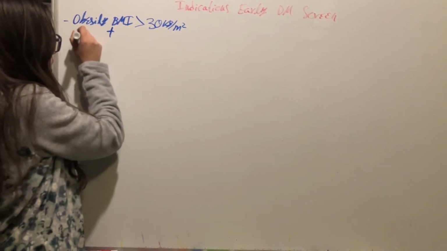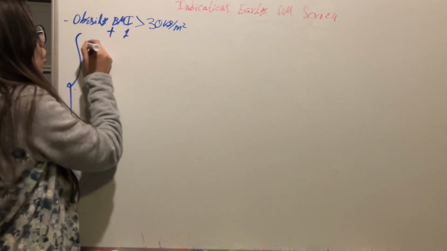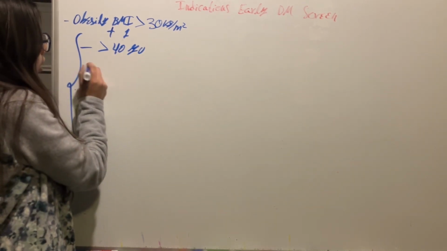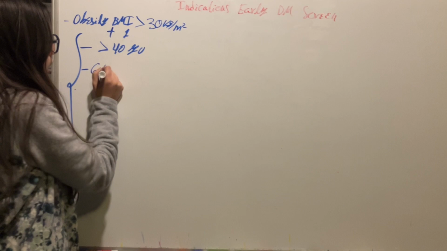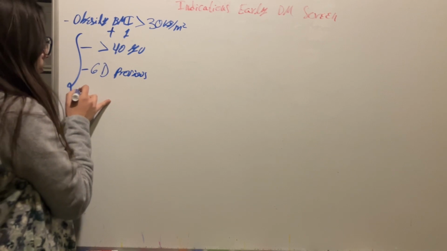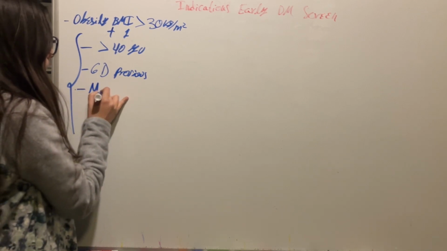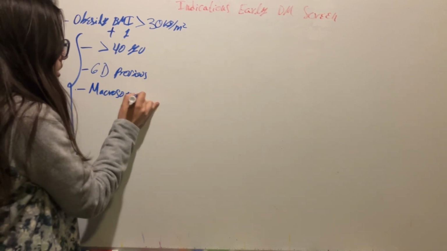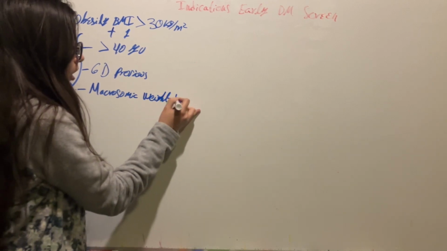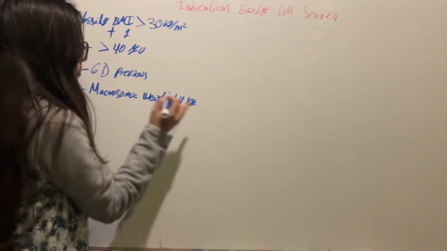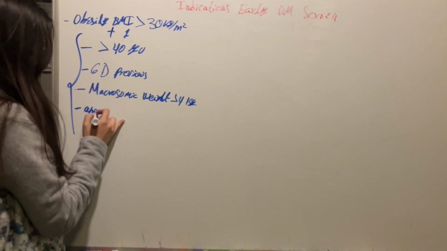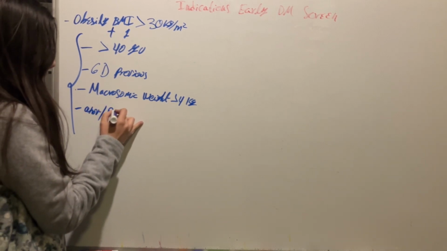plus one of the following. So if the patient is more than 40 years old, or if the patient had gestational diabetes in a previous pregnancy, or if the patient has had a macrosomic baby. This is a baby with weight greater than 4 kilograms. Or if the patient has anovulatory cycles like polycystic ovary syndrome,